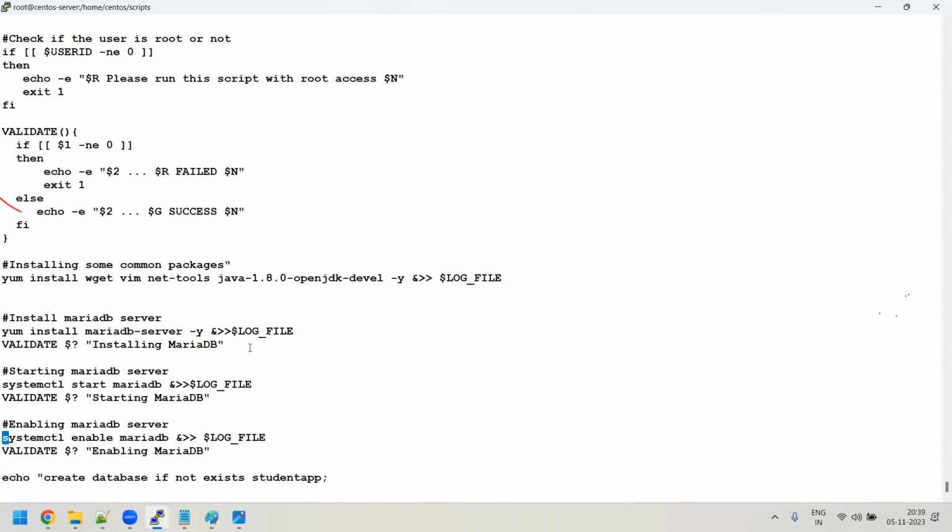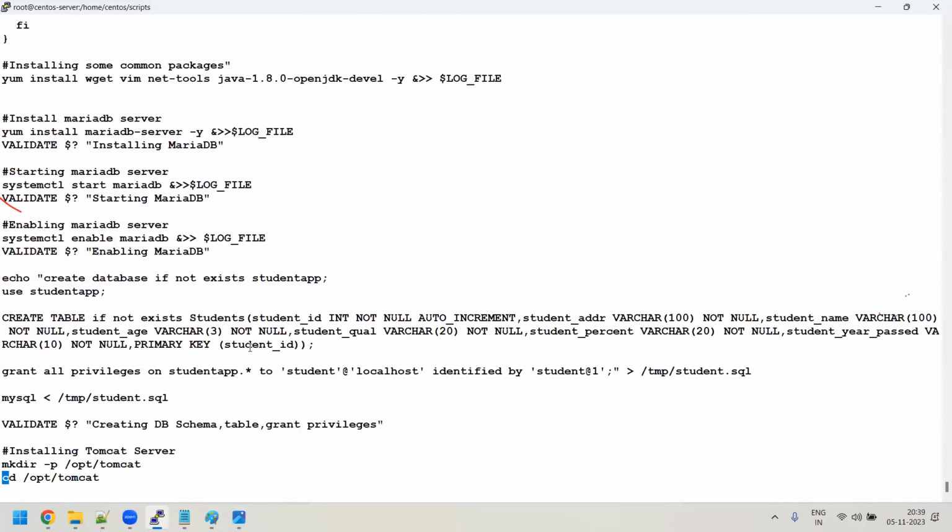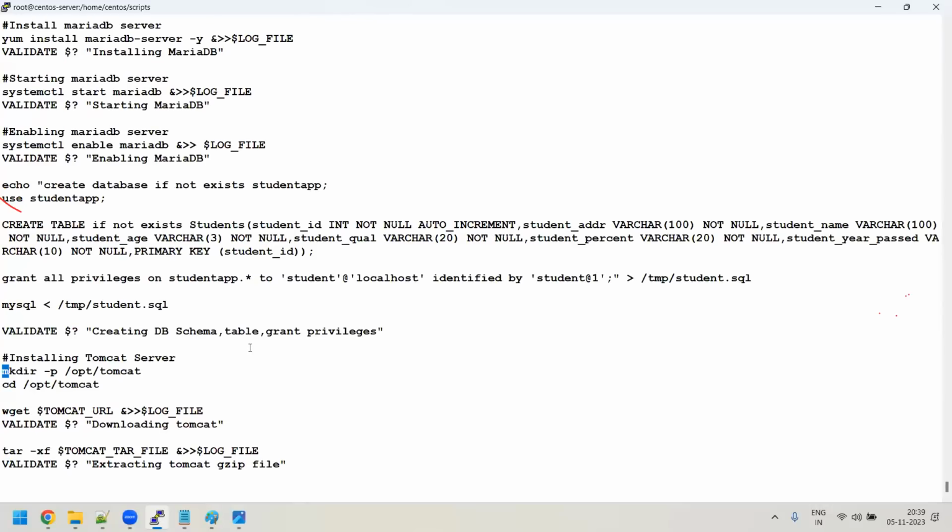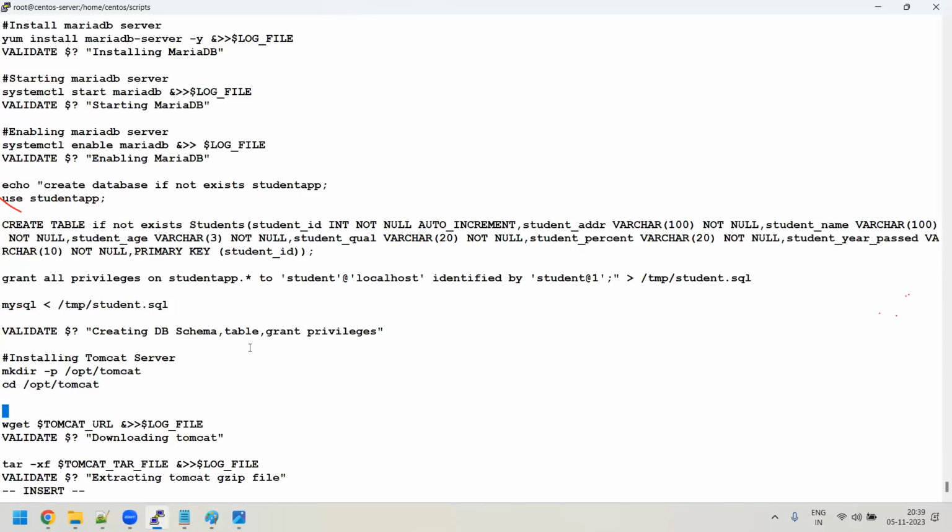Installing some package, and then MariaDB. Below the MariaDB, you're trying to create this Tomcat. So after this cd /opt/tomcat, before you download it, here you have to add this condition. So what you have to do? If